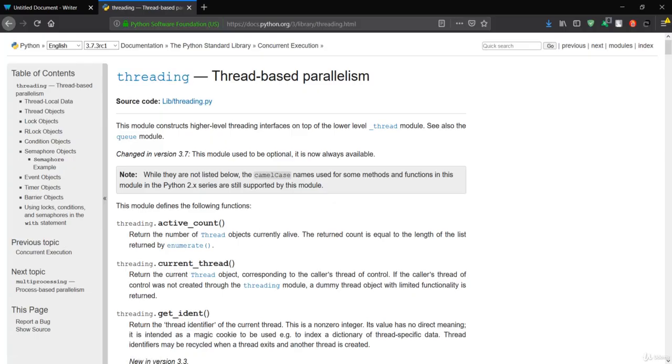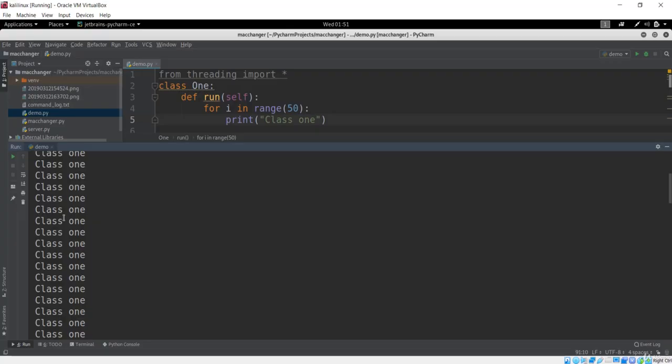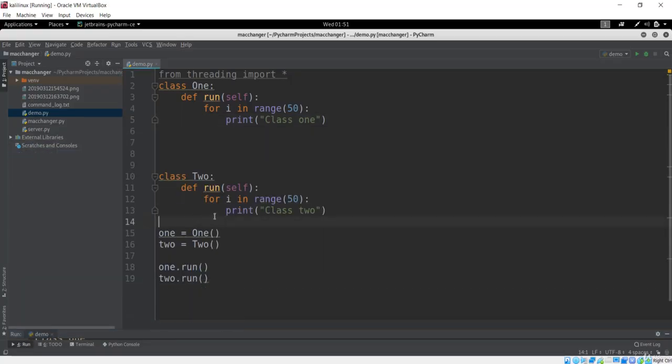So instead of just running one by one, which was seen over here, that is, first of all class 1 was printed, and after class 1 is done, class 2 was printed, we want to print everything simultaneously. So it should print class 1 first, and class 2, and again class 1. It doesn't matter which thread prints first, but there should be time sharing between these processes. In order to support that multitasking and time sharing which our processor is capable of, we have to use this threading technique.